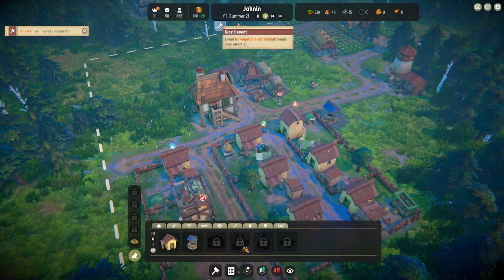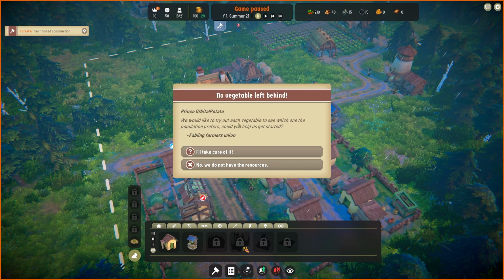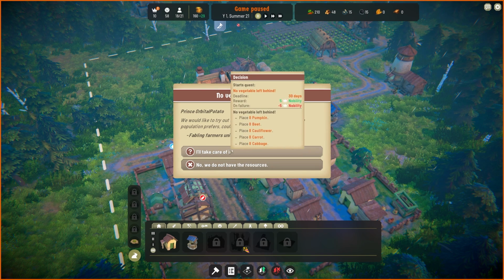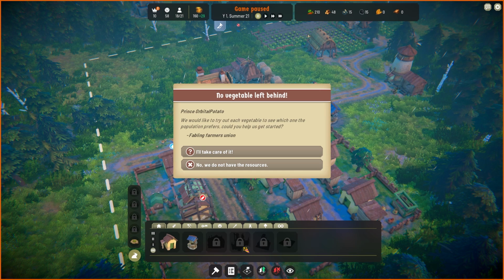Okay. That's very nice. And there's a world event as well. We'd like to try out each vegetable to see which one our population prefers. Could you help us get started? Yes, I would like to. The problem is we don't have any. We only have...